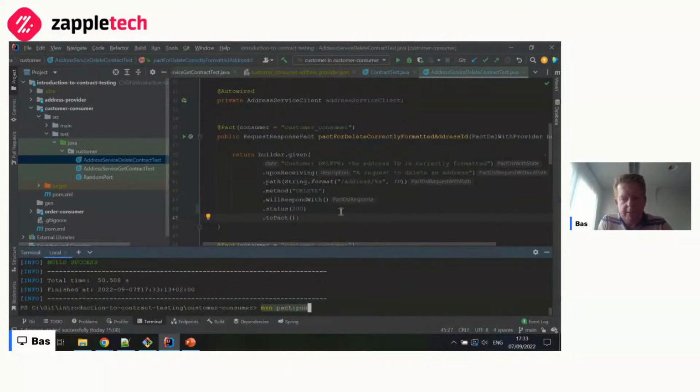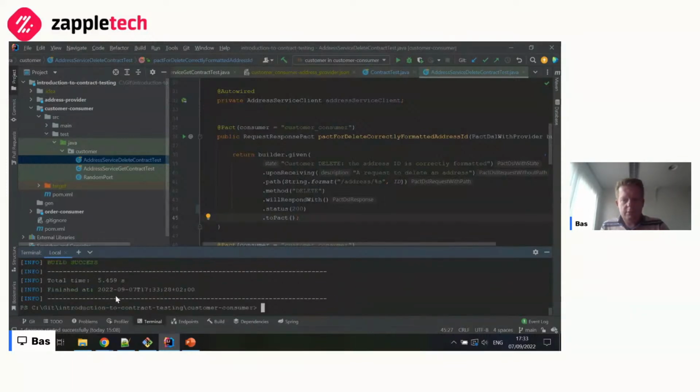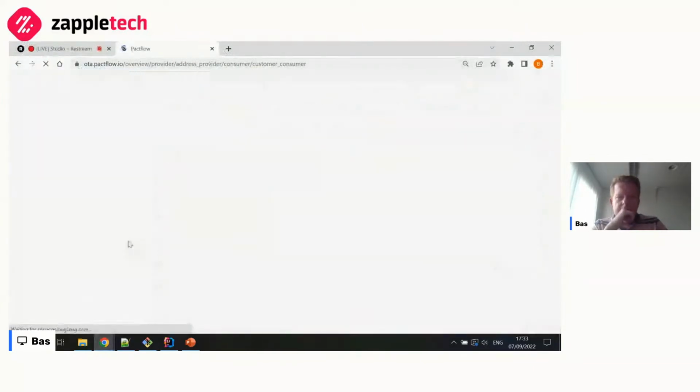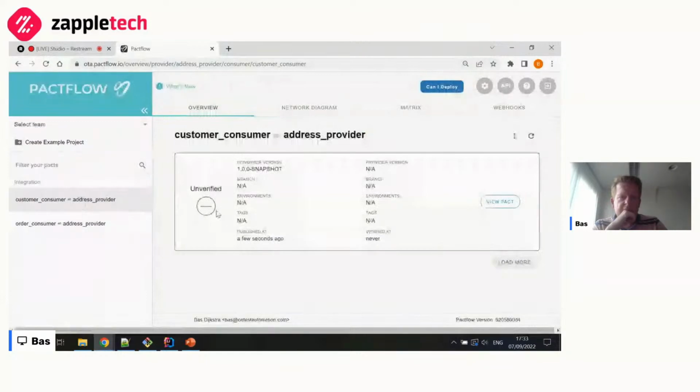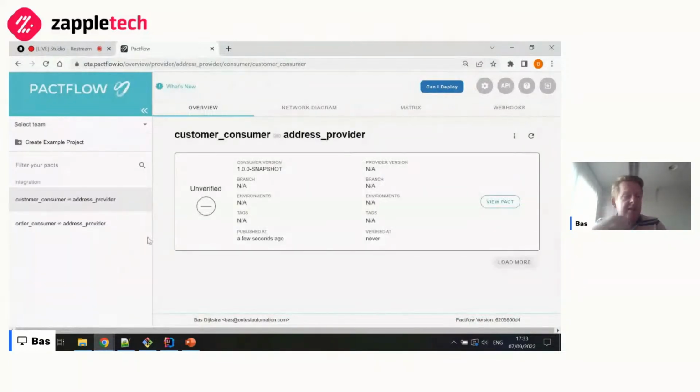And if I now publish that new contract, there we go, and refresh this, the Pact Broker will see, well, there's a new version of the contract, which is as of yet unverified. So here nothing has changed. I've really only changed the expectations for the customer consumer, which yielded a new contract, which is as of now